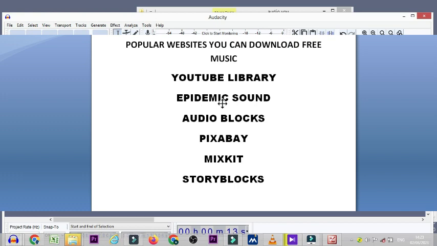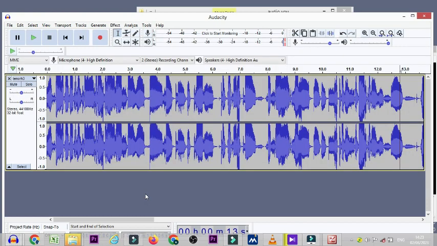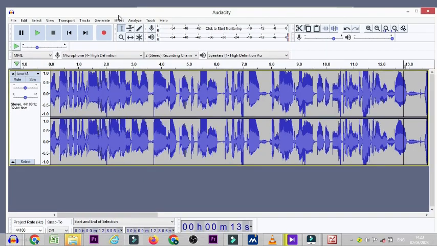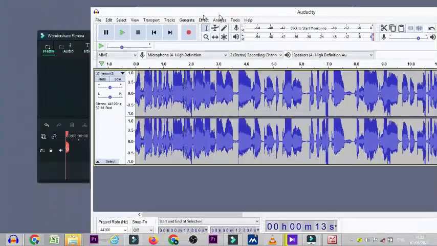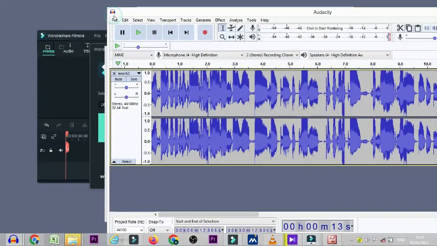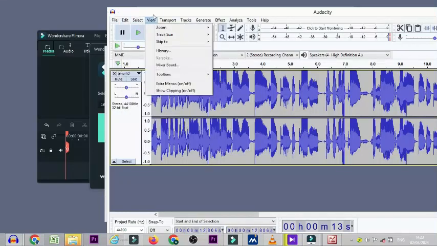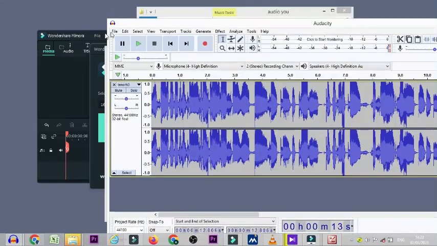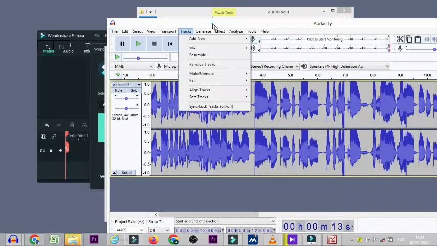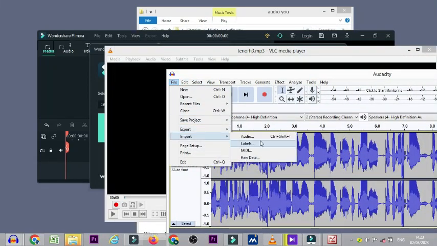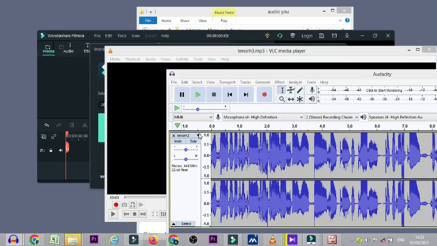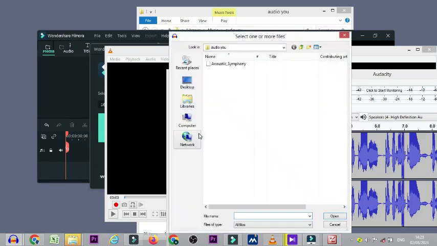Once you have identified the background instrument that you want to use, just launch your Audacity software, like I have launched it. Then there are two ways. You come to File, and you will see something like Import. The shortcut is Control I. Then you see Import Audio, and once you click on Import Audio, you can look for the